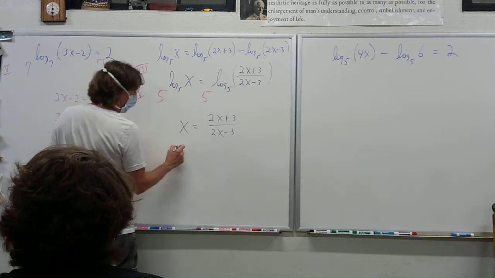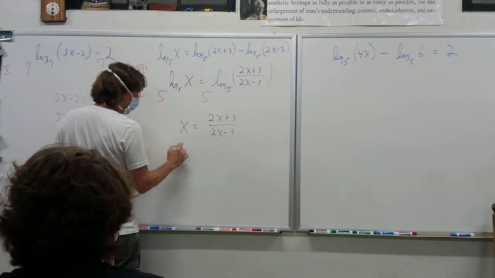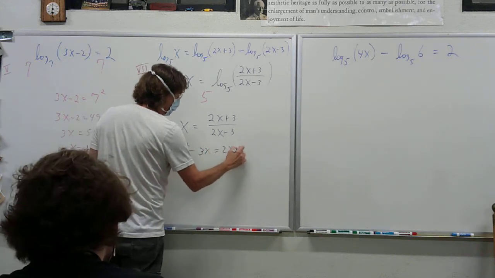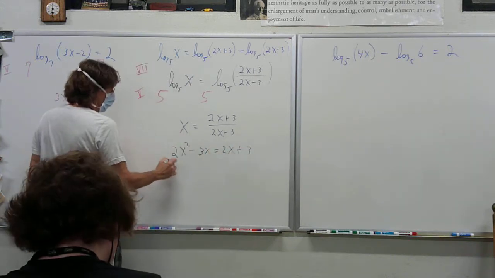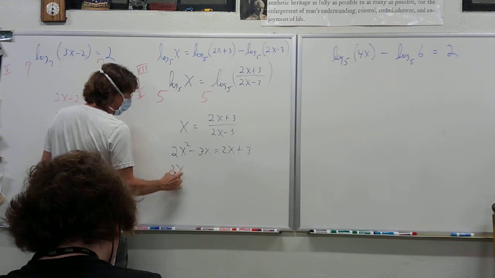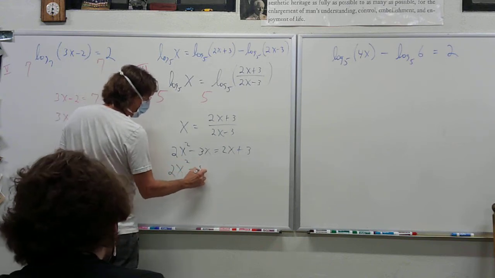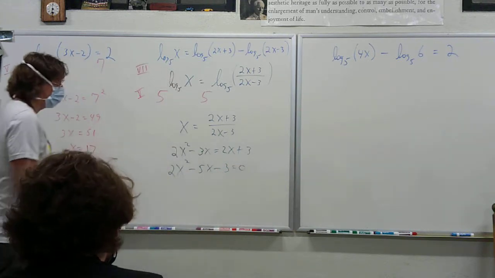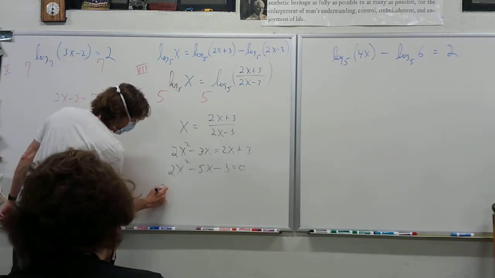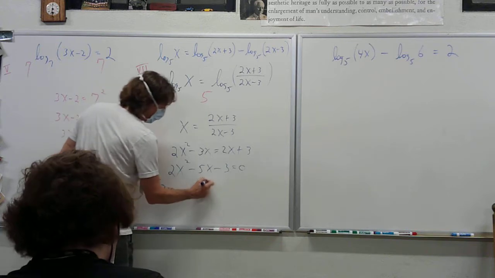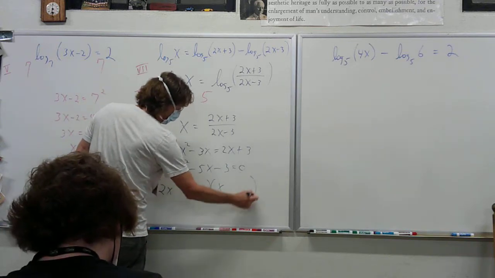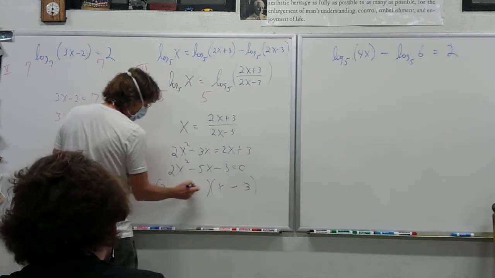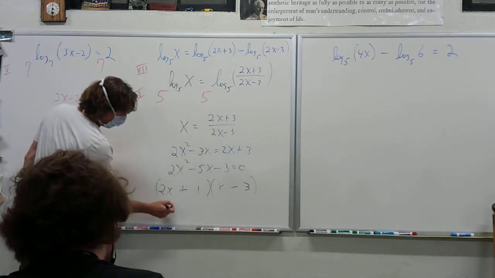Okay, I'm going to multiply by the common denominator, so I'm going to get 2x squared minus 3x equals 2x plus 3. Anytime you see an x squared, you have to make it equal 0 and factor. And if you cannot factor, you didn't get in this class. Don't tell me you can't factor. I'll probably miss it after saying that. And we get x equals -1/2